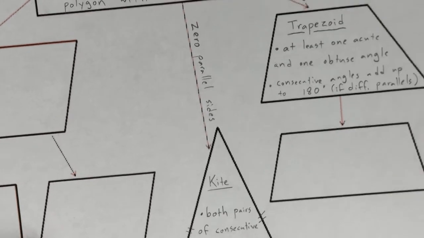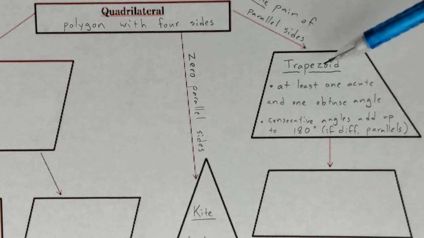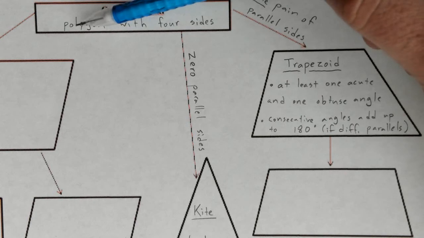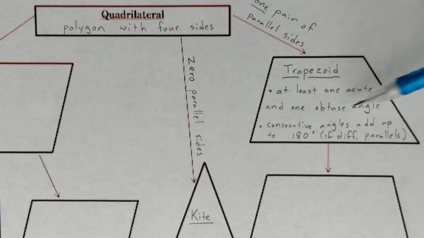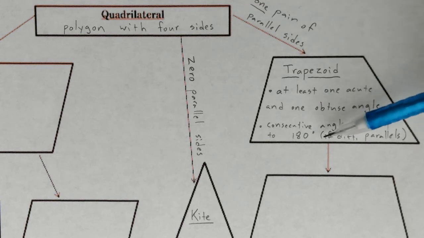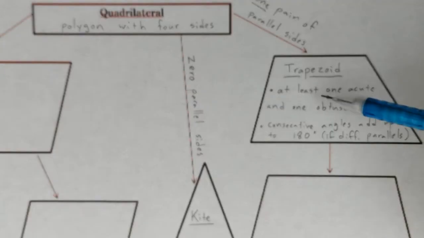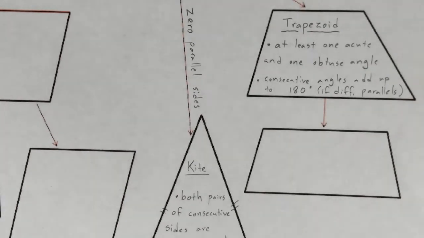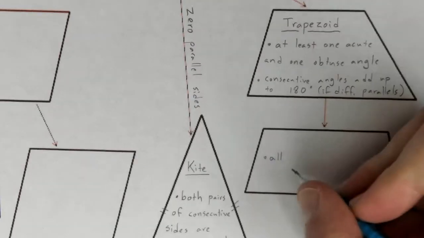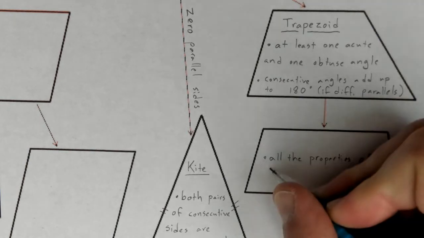Now don't worry, we're not going to write it all again, because the idea with this chart is that everything up above kind of travels down the arrows and is true of whatever it's pointing to. So a polygon with four sides that has one pair of parallel sides, that has at least one acute and one obtuse angle, and has consecutive angles that add up to 180 degrees on different parallels. If all of those things are true, you've got a trapezoid. Now, if all of those things are true, and one other thing, all the properties of a trapezoid